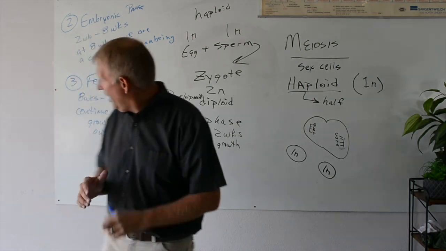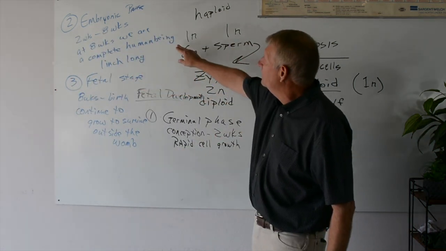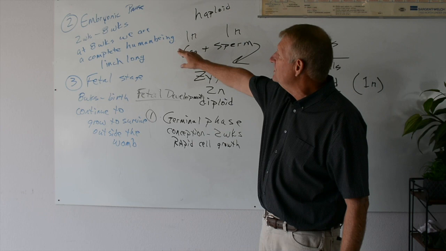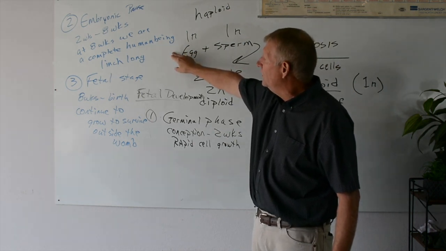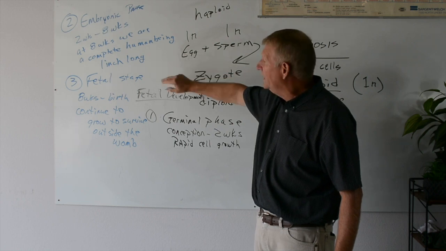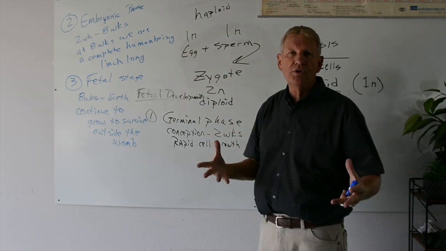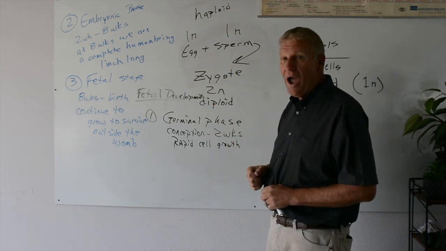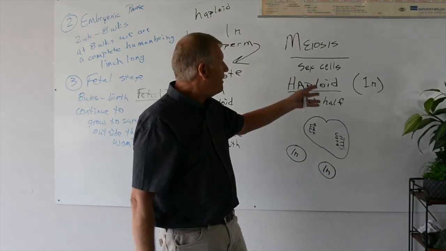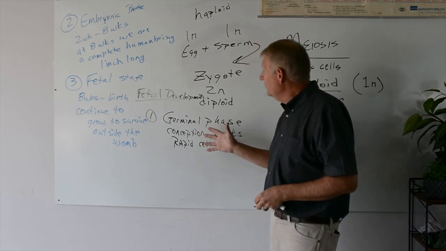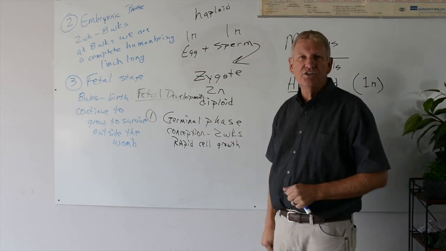And then we go from the germinal stage to the embryonic stage, or the embryonic phase. You can call it stages or phases, either one. 2 weeks to 8 weeks, we're at the end, we are 1 inch long, but a complete and whole living thing. And then the fetal stage grows until we can survive outside the womb. So wow, we just did meiosis. We started out with mitosis, meiosis, and then we went through the fetal developmental stages of a baby.